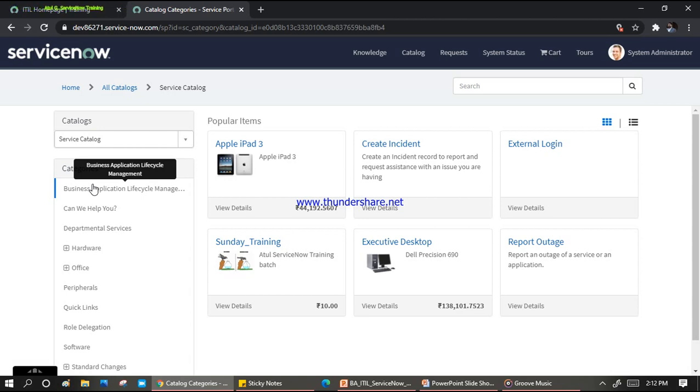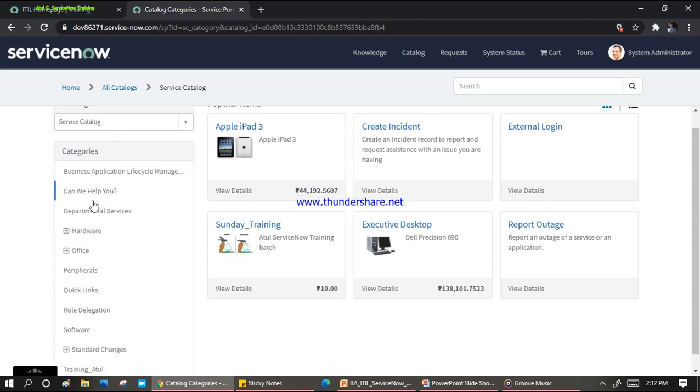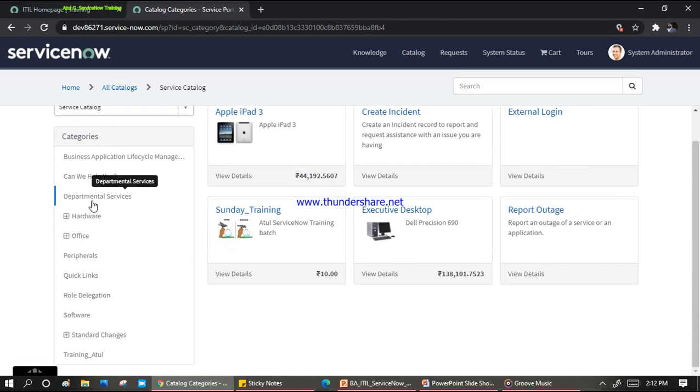So what is that? This is called the categories. Like this, we have categories here. Under that category, if you pick one thing to be ordered, say you go in the morning looking for a catalog item, and in the catalog you go to the breakfast section. In breakfast, you say, hey, can you give me a dosa or idli? That is called the catalog item.